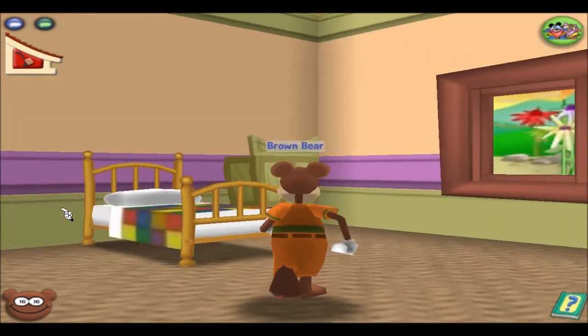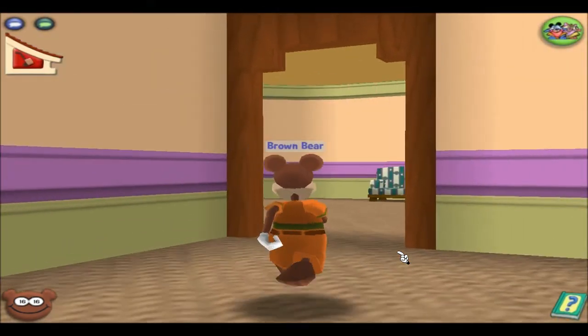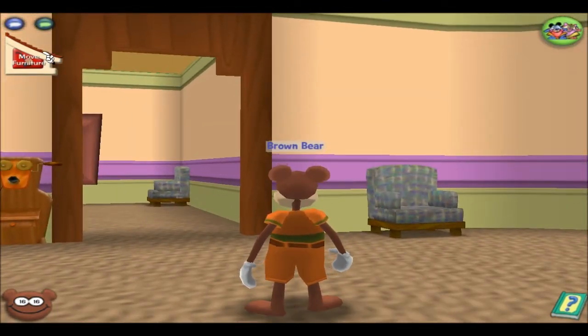This is your wardrobe right here. You could go here to change clothes. I don't have any clothes right now, so I'm just gonna do nothing with that. Alright, so I've covered everything, basically what you need to know for now, except for